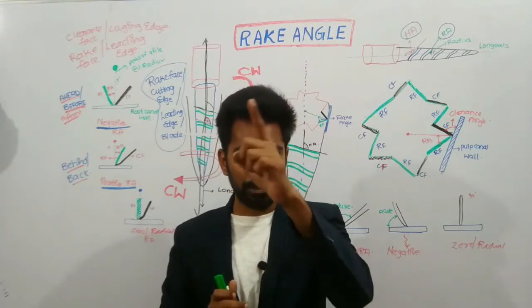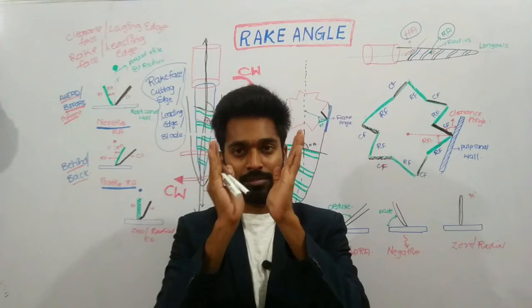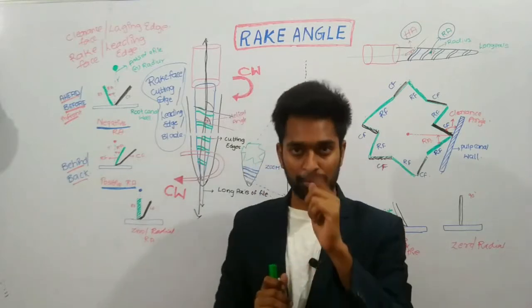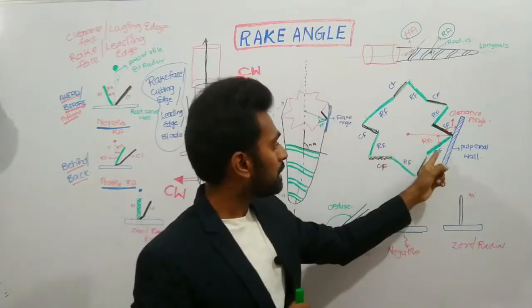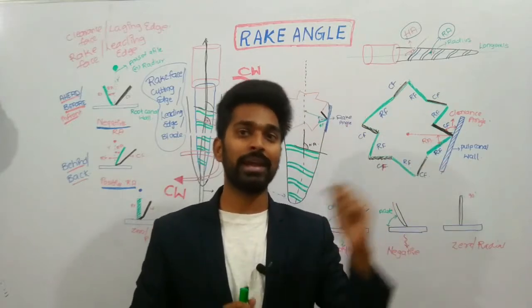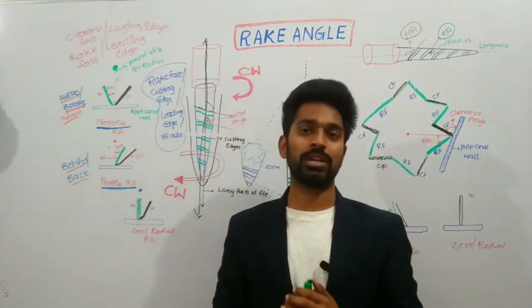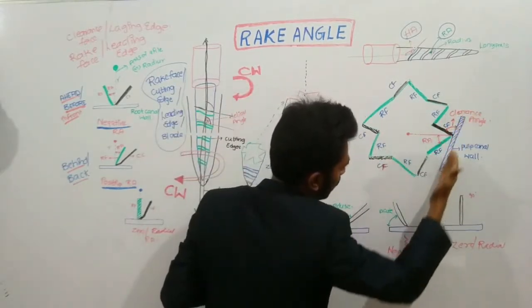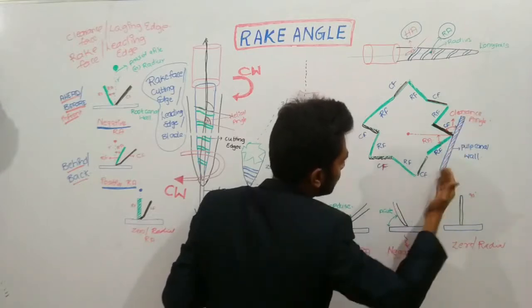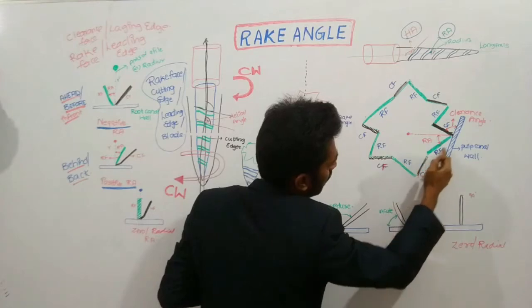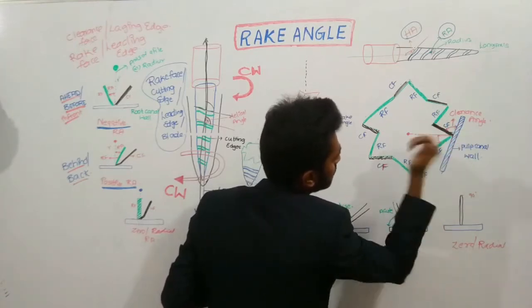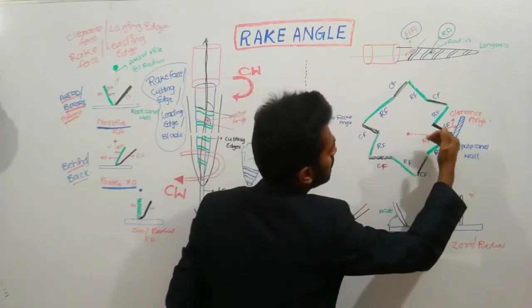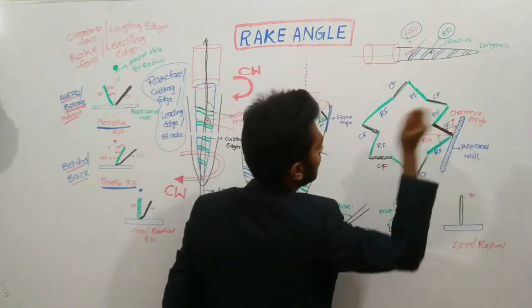So I repeat, when a bur is rotating in a clockwise direction, the face of a blade which touches the cutting surface primarily, or the first time, is called a rake face, and the face which is present behind this rake face is called the clearance face or a lagging face. If you observe this diagram, this is your root canal wall, the radicular dentin. This green color part is the first face which touches the radicular dentin, so this is called a rake face. And the face which is present behind this rake face is called the clearance face.